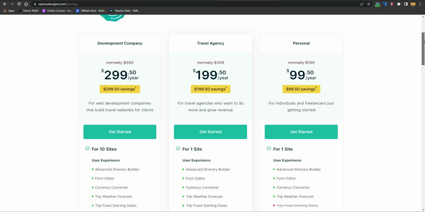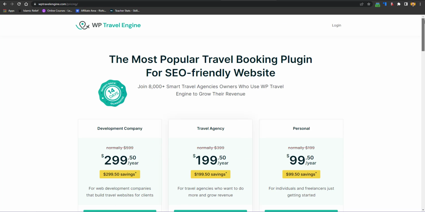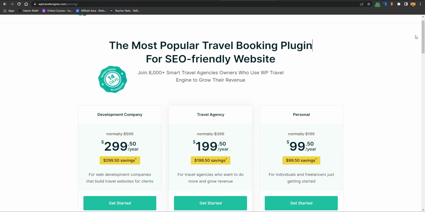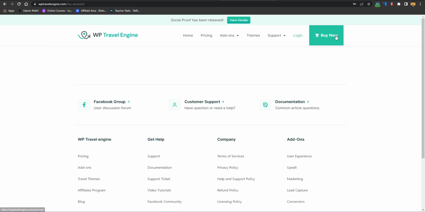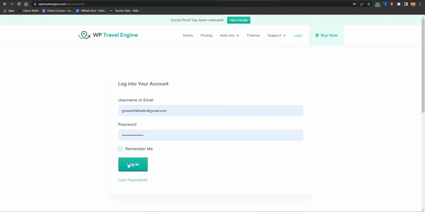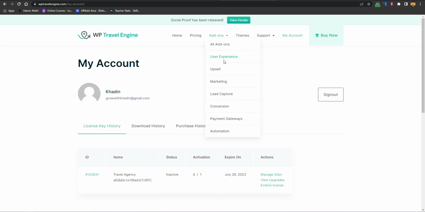Then is the travel agency plan, in which everything is available, and I think this is the most recommended plan, so you can go with it as well. And you can just buy it. Now I have already got it, so I'll just click on login, and I have access to all these plugins. So I'll just click on login, and now we'll just go to add-ons. Let's suppose payment gateways,